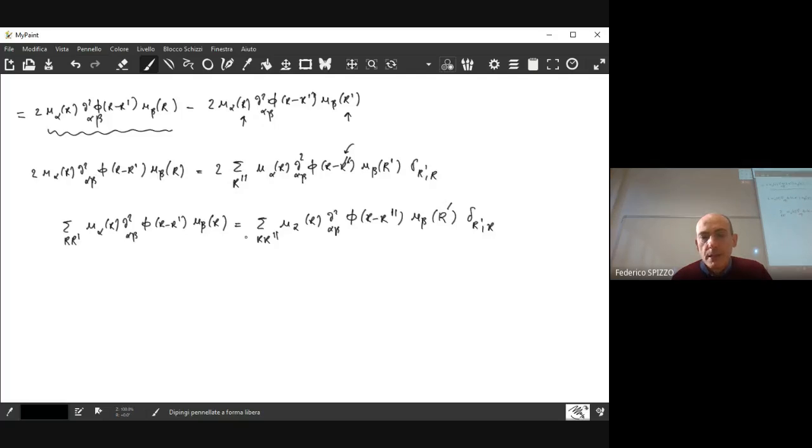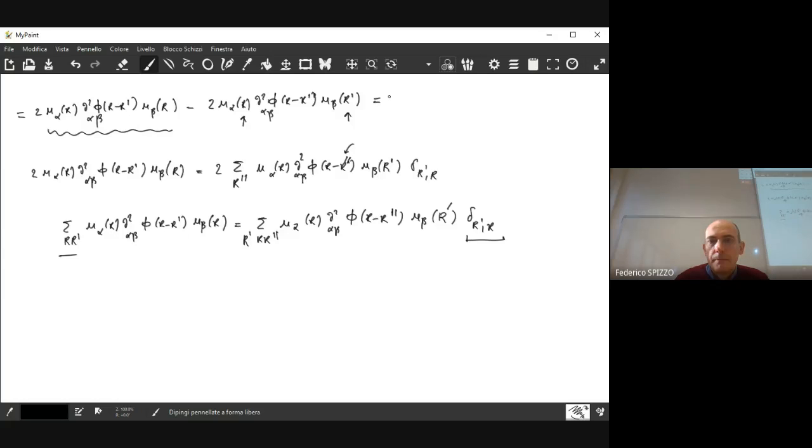So in principle, we also have a summation over r prime that was in the initial expression, but the summation over r prime is, let's say, eliminated due to this Kronecker delta. And then due to this fact, we replace that summation over r prime with a new summation over r second. So in this way, with this new redefinition of this summation term, the idea is that